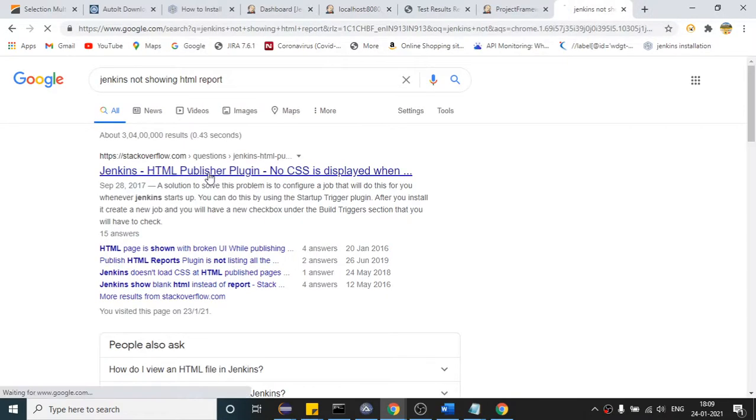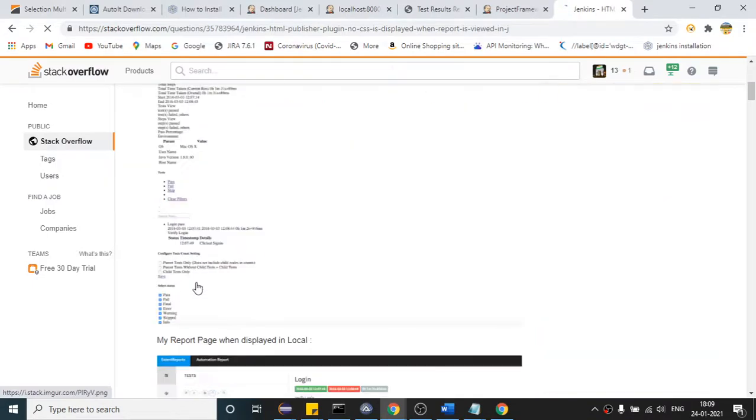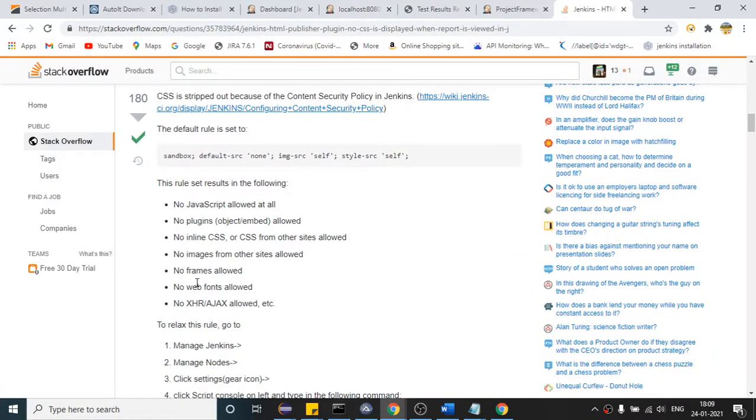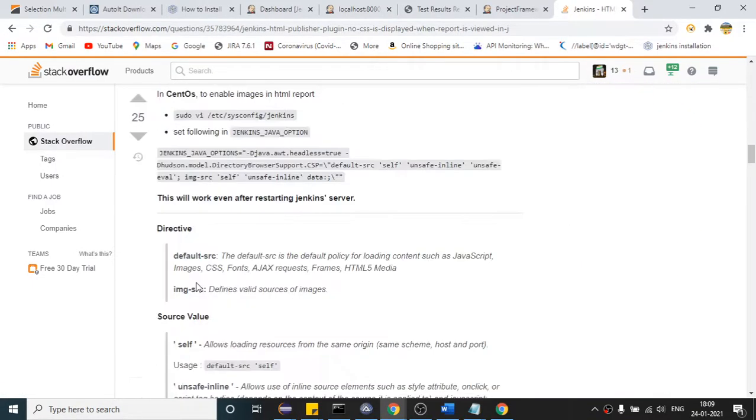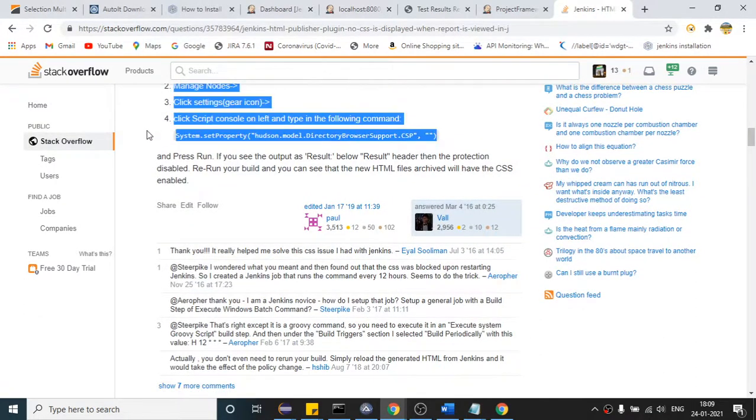I have to run one command in Jenkins. Basically, due to some security reason you will sometimes not see the file. If you come down, this is what you have to run. Where do you have to run it?